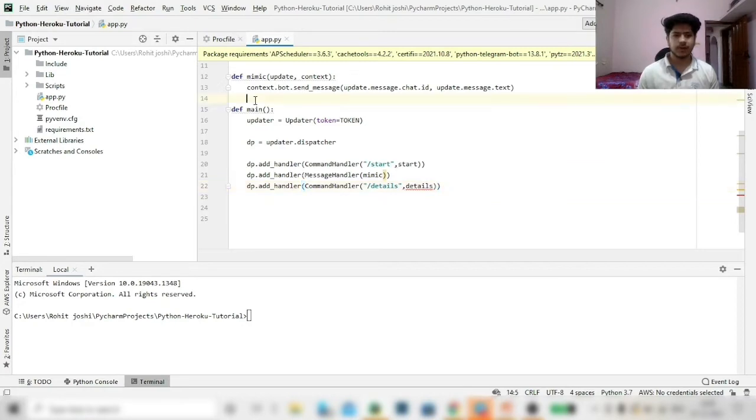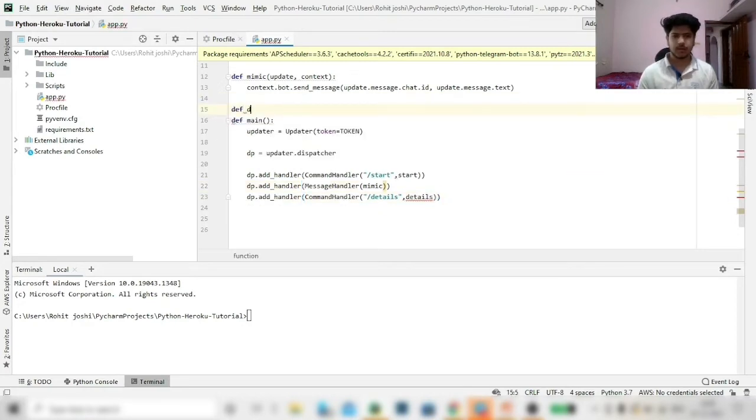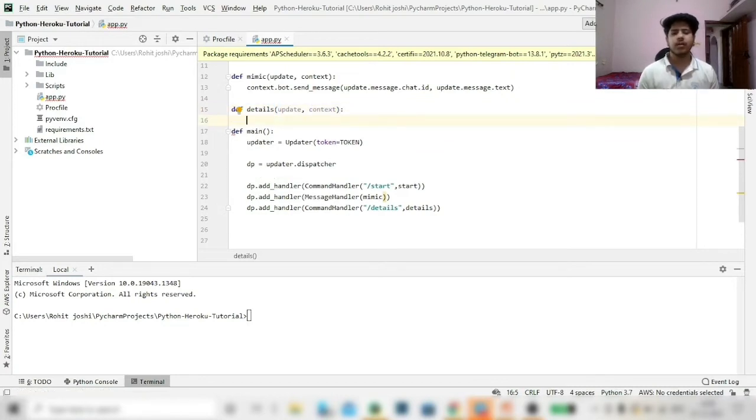So I am creating another method. Now in this particular method, whatever the update we are getting, we want that same update to be sent back to the user, so that we can see what things the update contains.